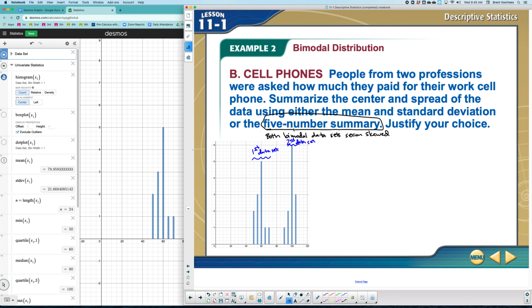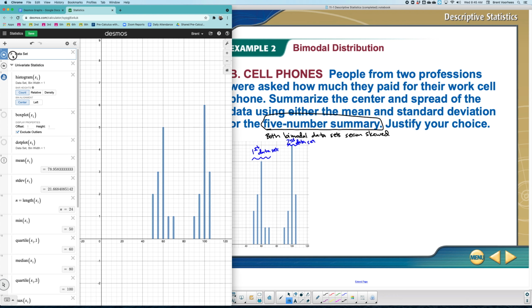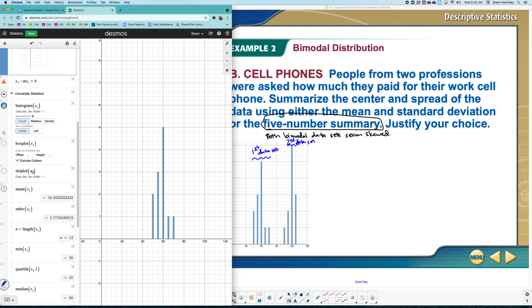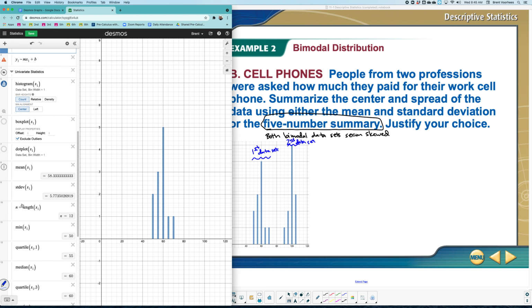So how am I going to do that? Well, what I'm going to do is I'm going to come back to here, and I'm seeing that there's this break at 80, like somewhere around 80. So any of the values that were greater than 80, I'm going to remove from here. And so I'm just pressing the delete button is all I'm pressing. And so now I've deleted those values. I'm going to come back over here, and I'm going to look at my histogram. And for this first data set,